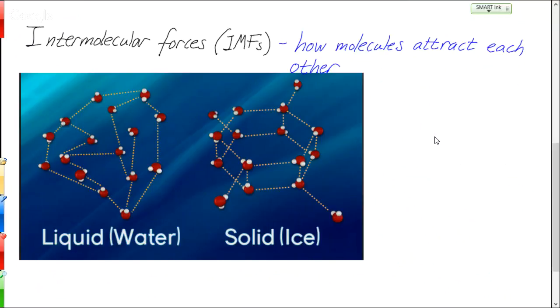And all of the molecules are the exact same distance. I don't know if you can see that in the diagram exactly, but all those orange dotted lines in the solid are the exact same length. So everything's kind of fixed in the same place. Whereas in the liquid, there's all different lengths. There's varying different lengths of those connections. Those connections are called intermolecular forces. And we'll talk specifically about the type that they are in a minute, but